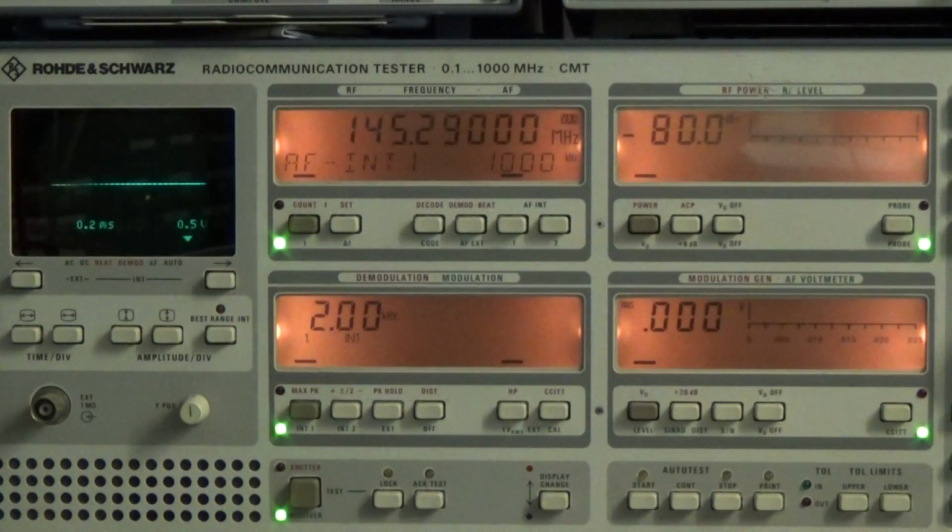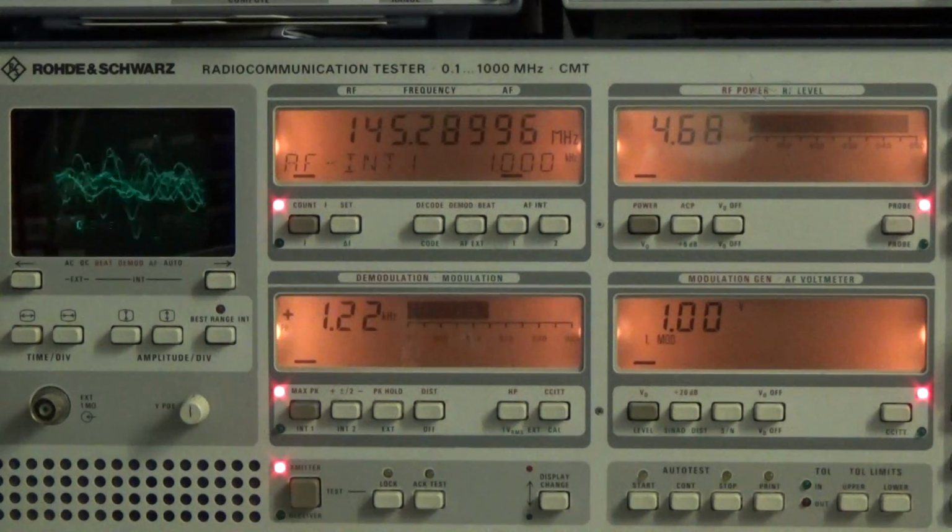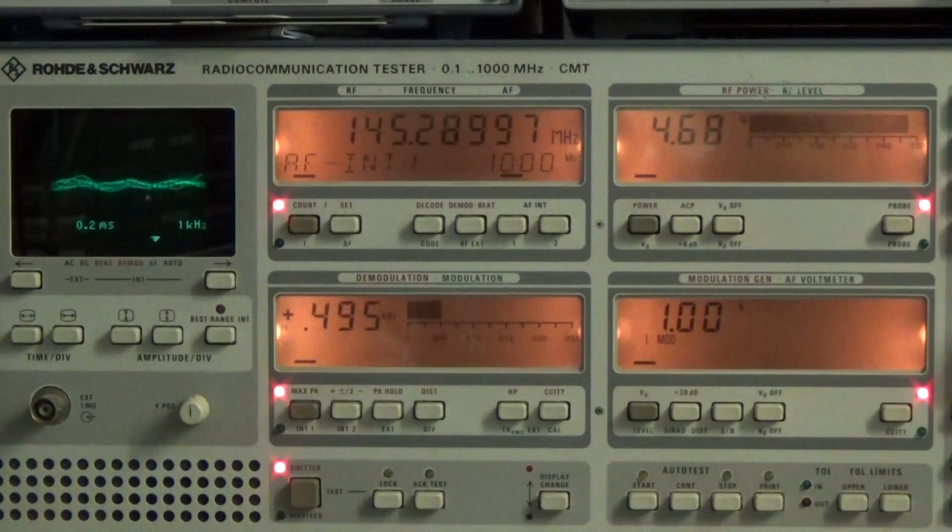Okay, so you see the test set, and let me push the PTT. So radio is set to low power, and yeah, so putting out approximately 5 watt, and you see on the scope that we have receive audio. So what you can see there is while I'm talking, you see my voice on the scope, and down here in the left display you see the deviation. So from here everything is fine,